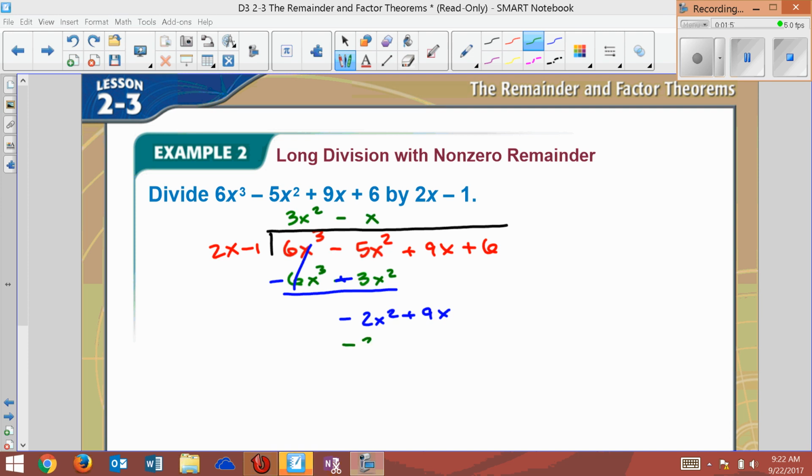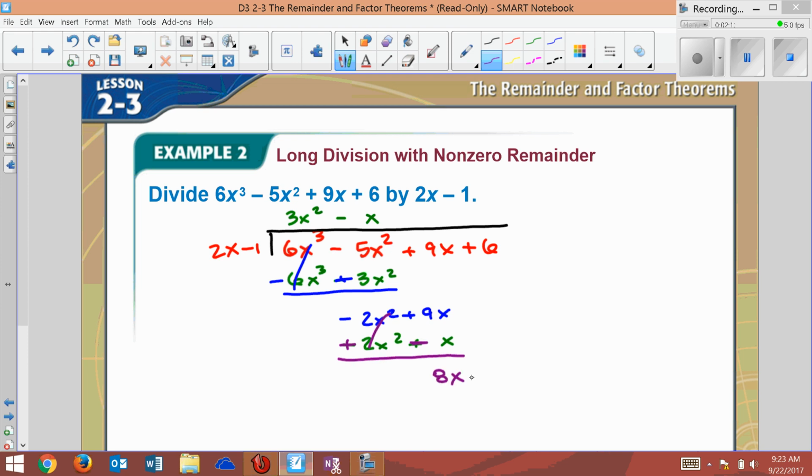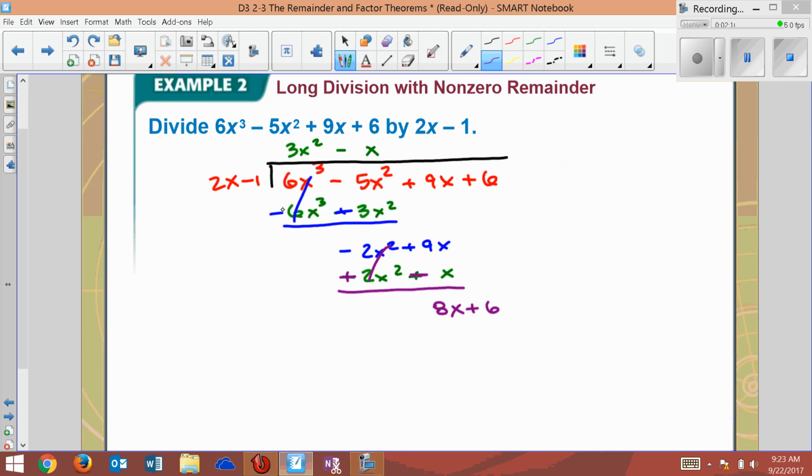And it looks to me that I need to multiply by negative x. If I multiply by negative x, I get negative 2x squared plus 1x. Now remember, we always switch signs. We never leave the signs the same. So these switch, and that switches. That goes away, and now we're left with 8x plus 6. Now finally, we get to the last term. It looks like we need to divide there by